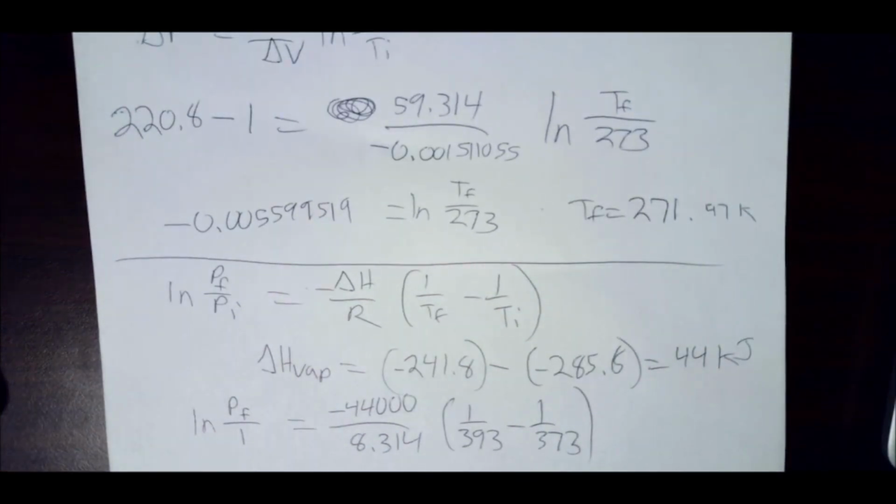So 1 over 393 minus 1 over 373. That's a really small number. Multiply it by the 44,000 divided by 8.314, and you get